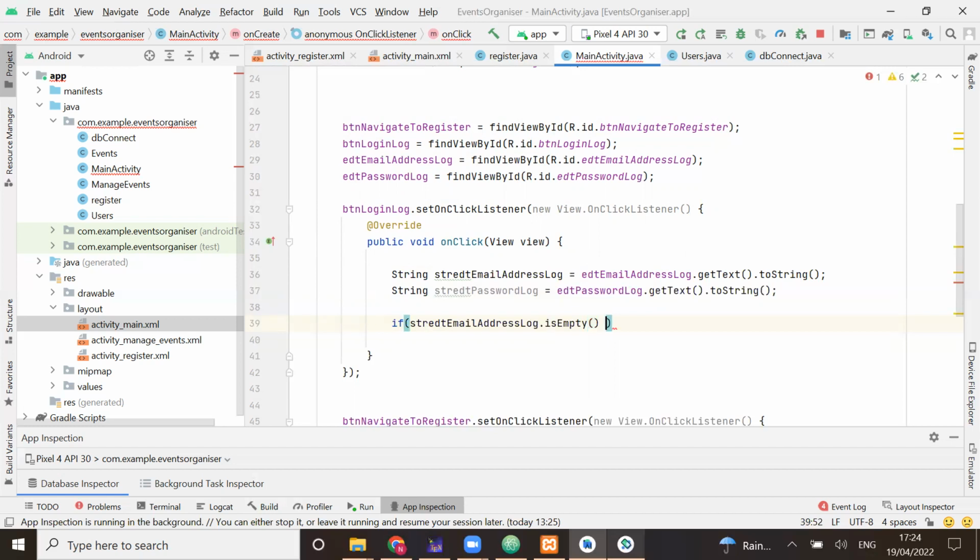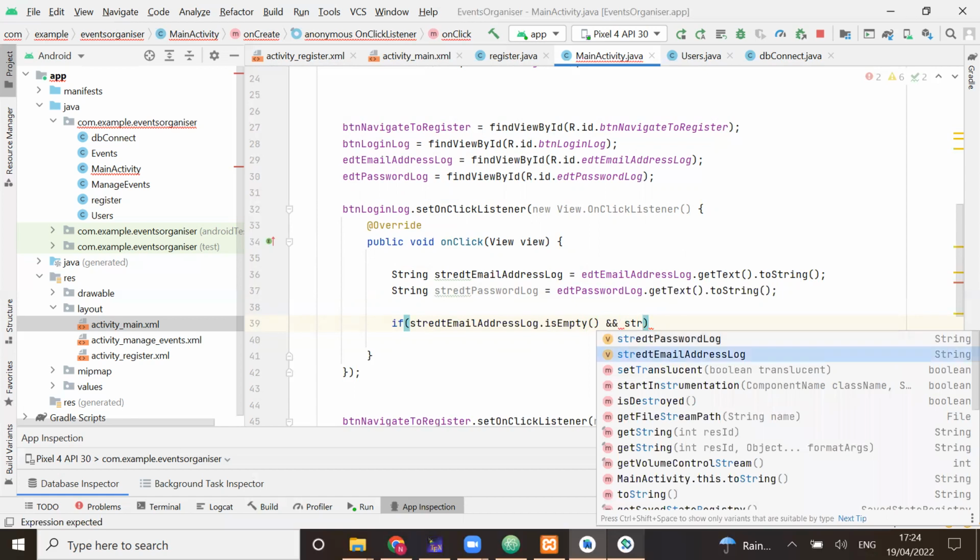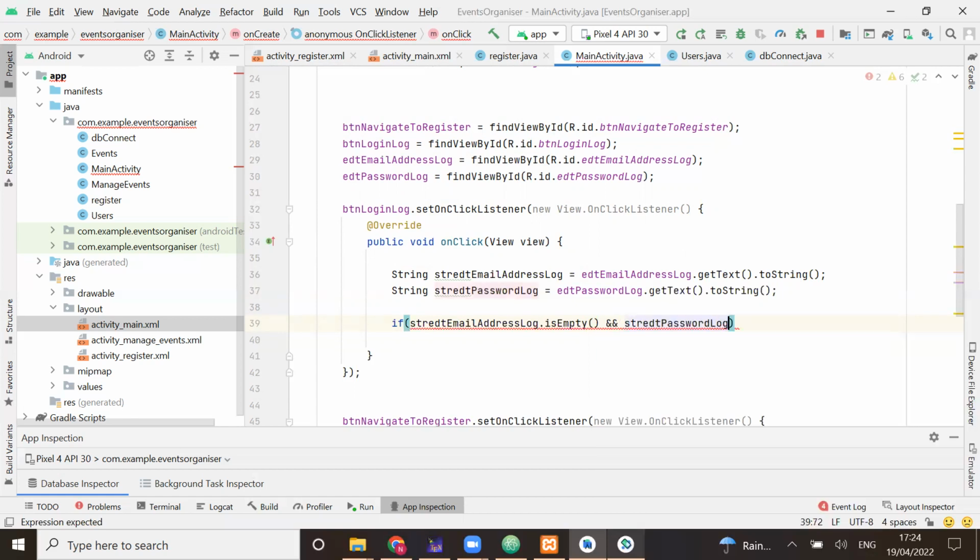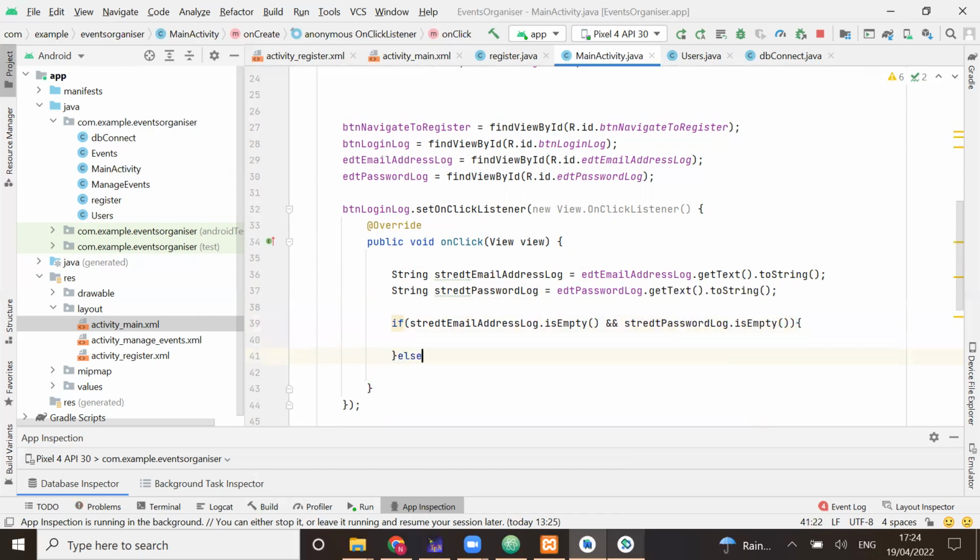Because you know strings are not like integers. It's not a primitive data type. It's like an object, a data type. So if we do strEdtEmailAddressLog dot isEmpty and strEdtPasswordLog also isEmpty, so we're checking both of them at the same time, we want to output something